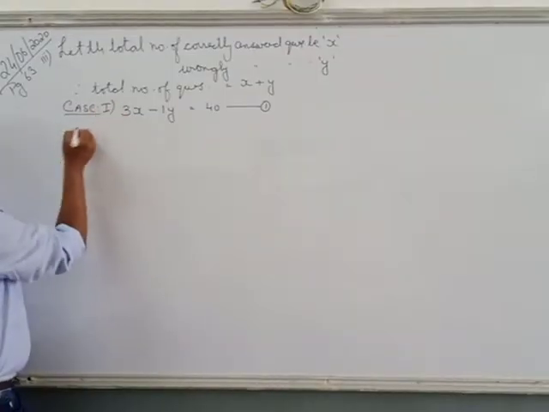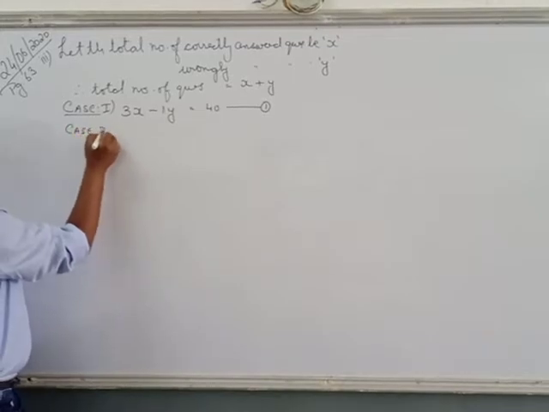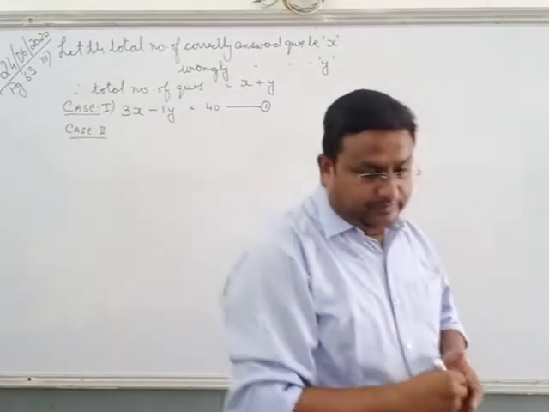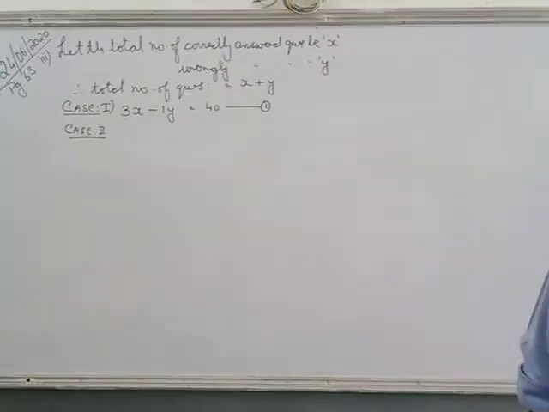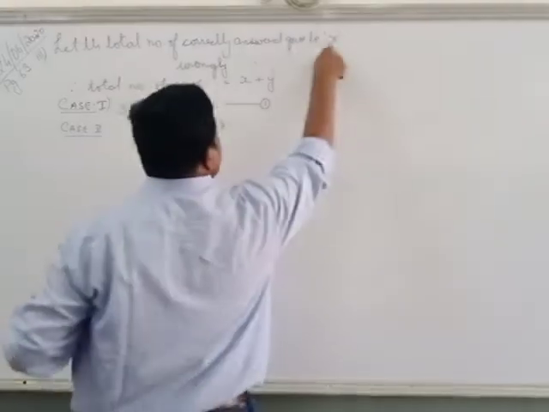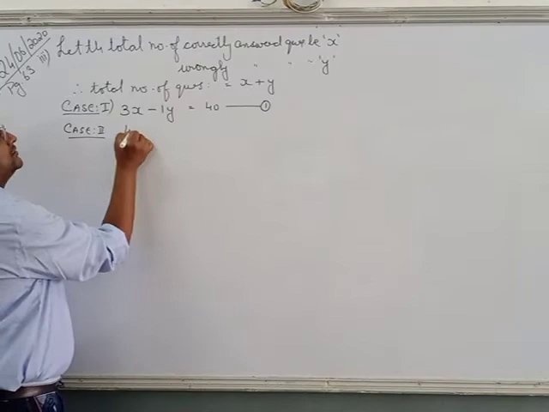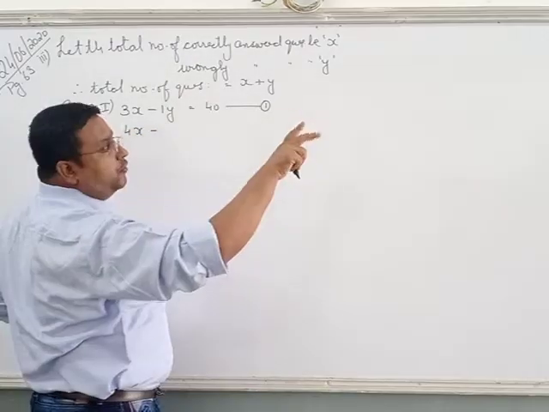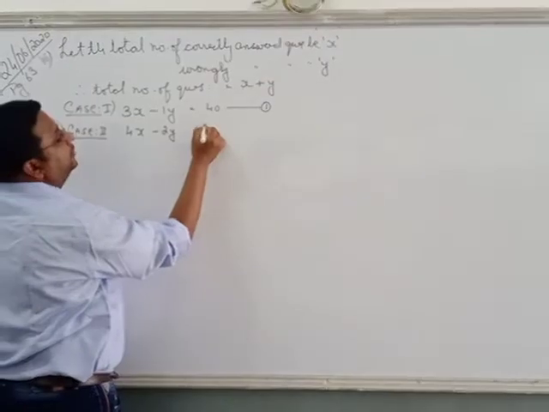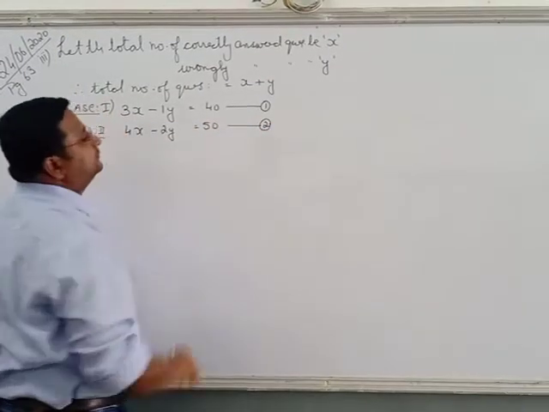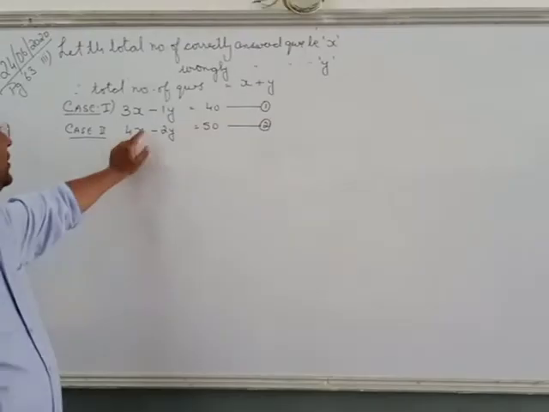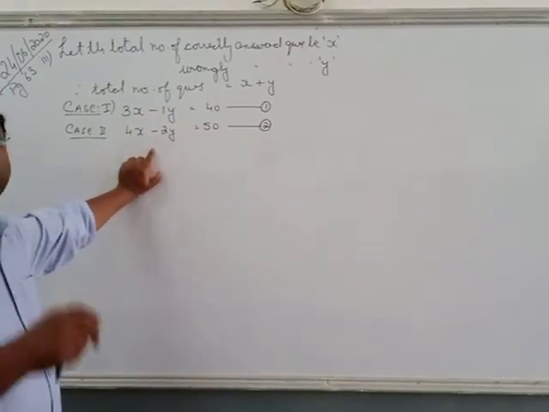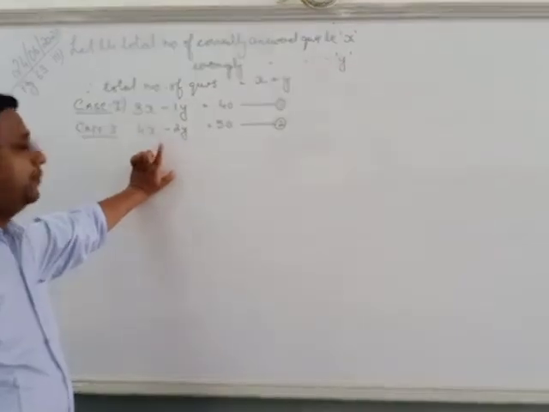Whereas in case number second, he says had 4 marks been awarded for each correct answer and 2 marks been deducted for each incorrect answer, then he should have scored 50 marks. 4 marks for correct answer. So how many questions correctly answered? X. So marks 4X minus 2 marks deducted for wrong answer. So 2 into Y, 2Y. Total he got was 50. Clear? Instead of adding the wrongly answered questions, we are supposed to be deducting. I hope things are clear.